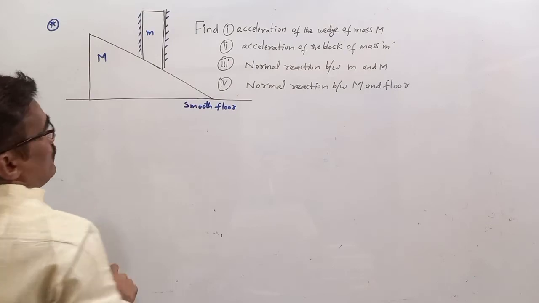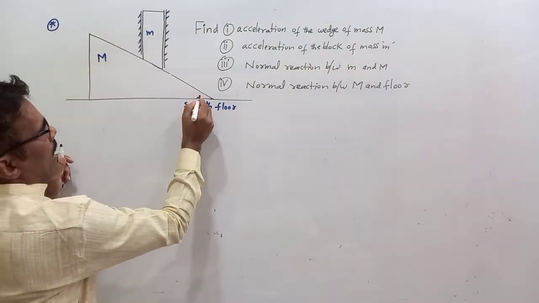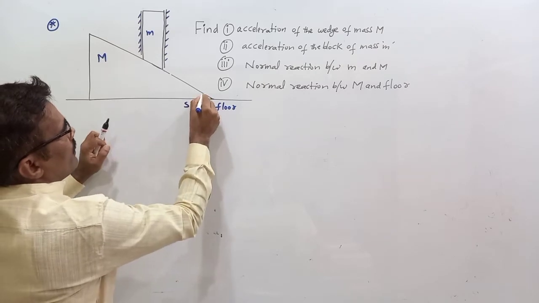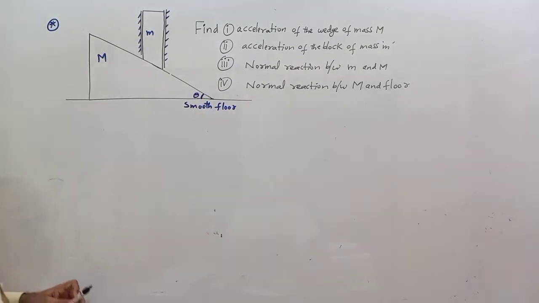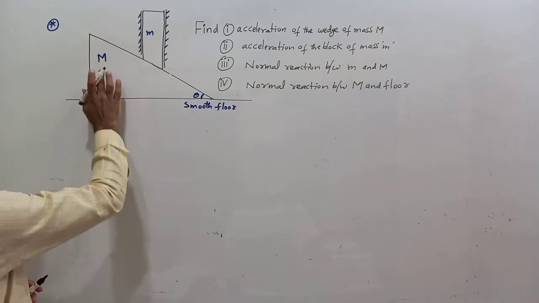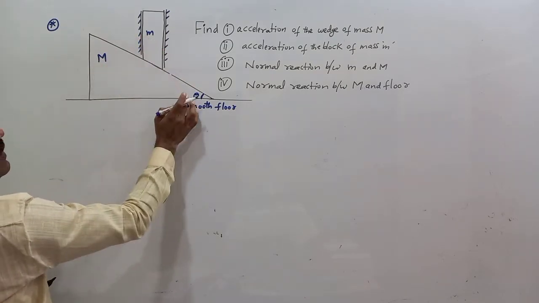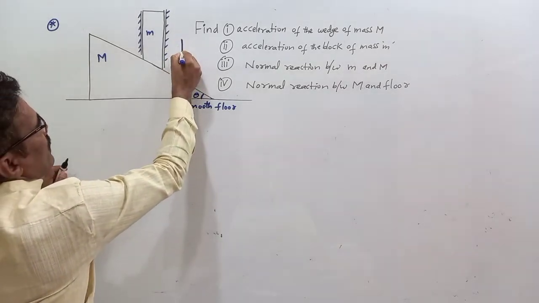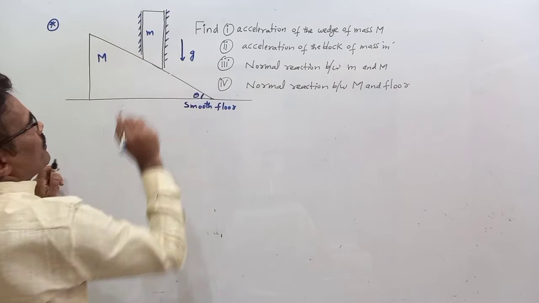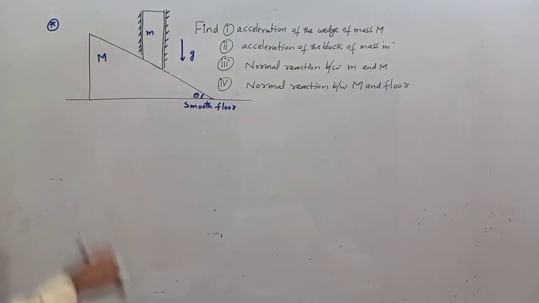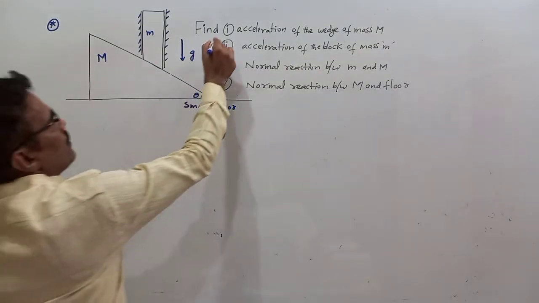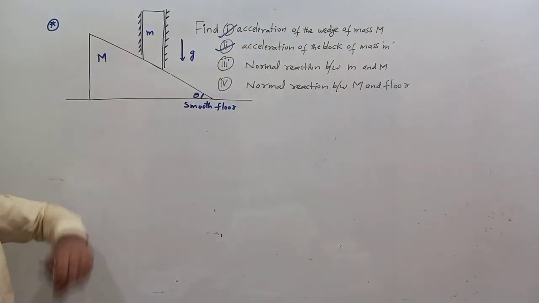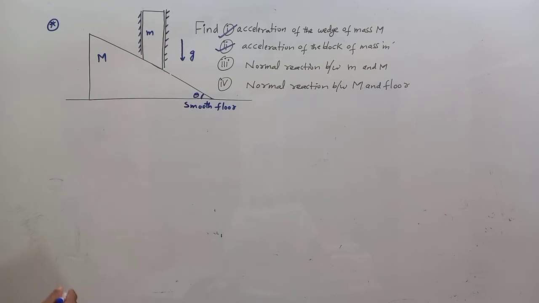Okay? So here first, I want the relation between the accelerations. Here this angle is theta, the angle of inclination. Given are small m, theta and g. G is the gravity; we know that gravity is acting vertically downward, the acceleration due to gravity. Then first, how to find the relation between them, and then how to find the values of the accelerations.